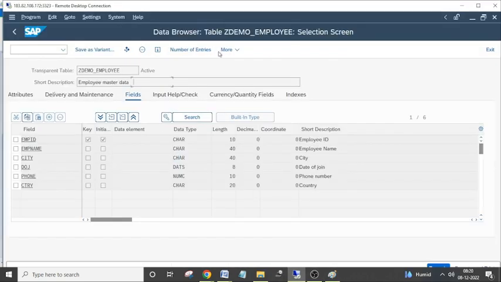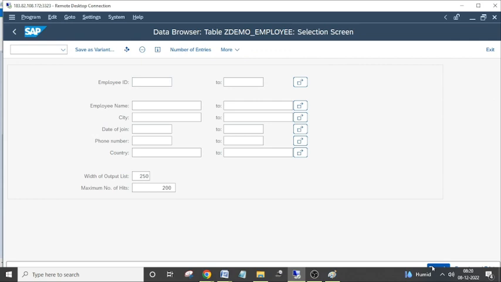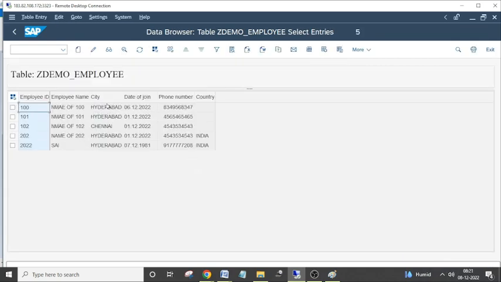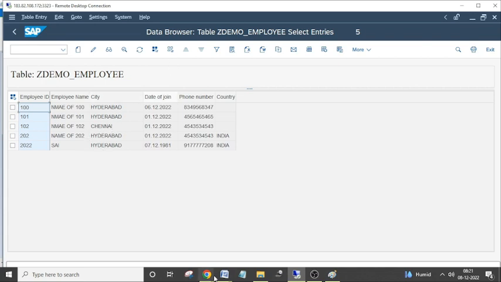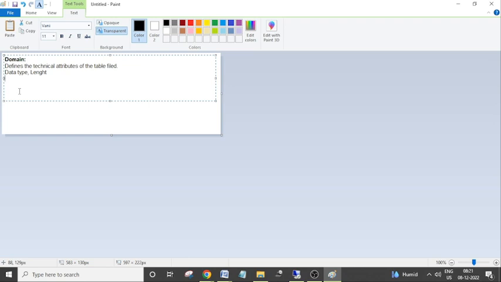Check this table. Even if I enter a lowercase city value, it is automatically converted into uppercase. So in the domain, we have a special feature, a checkbox,